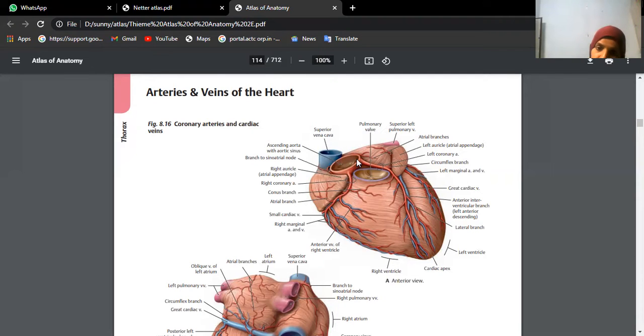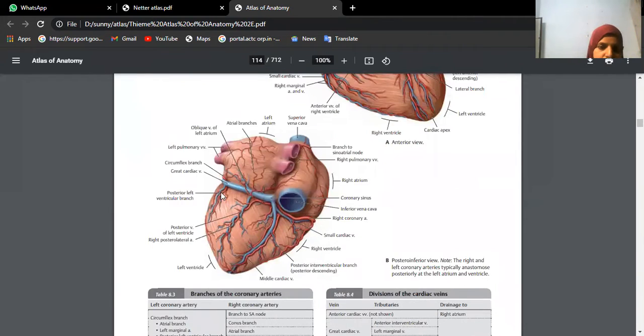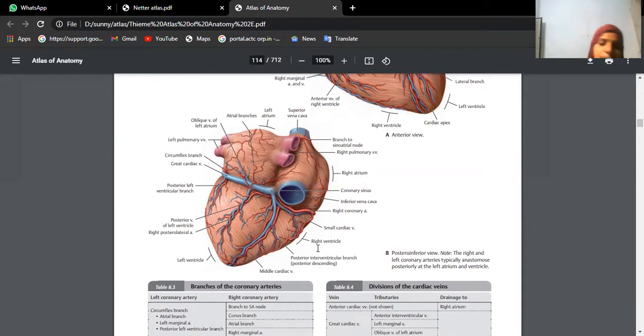We have already studied so much about these coronary arteries. I'm just labeling them now, not going much into detail. Left coronary artery, just observe this. One thing is going behind, that is the circumflex branch, and the one which is running anteriorly is the anterior interventricular artery. Okay, from the anterior interventricular artery you have this lateral branch also seen. Then behind, you can see the journey of the left coronary artery, how it comes.